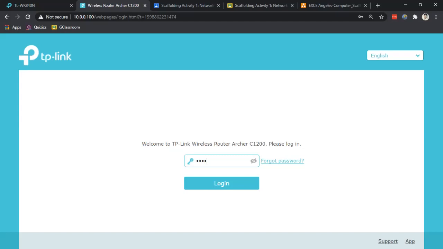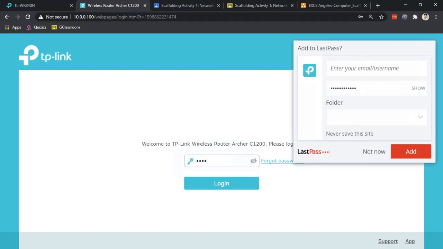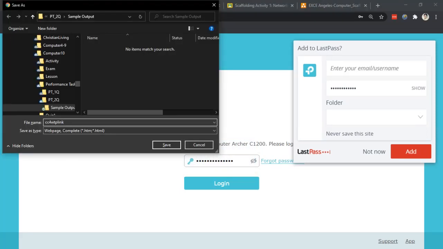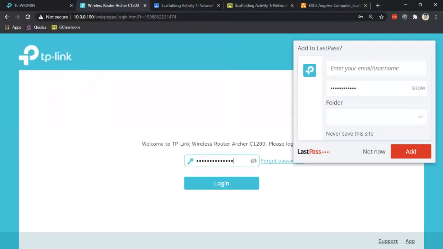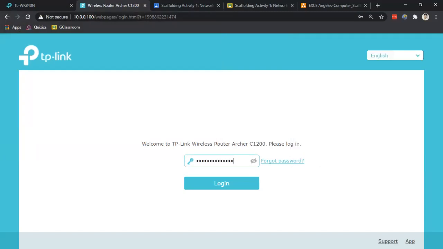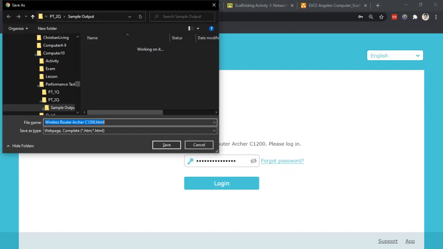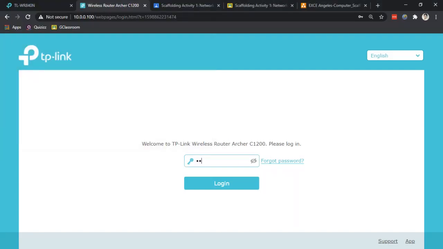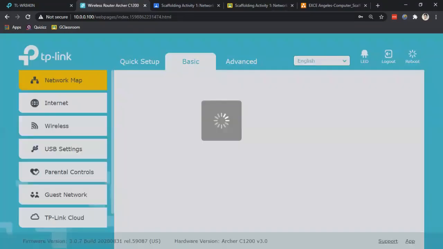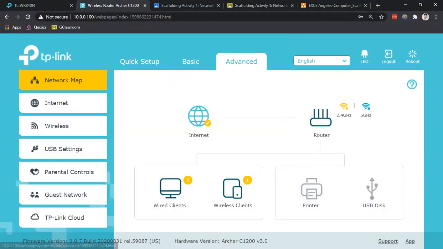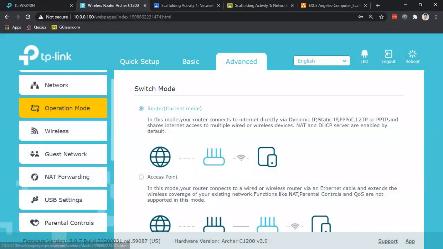So let me access my router here. There you go. So this is the configuration page of your router,